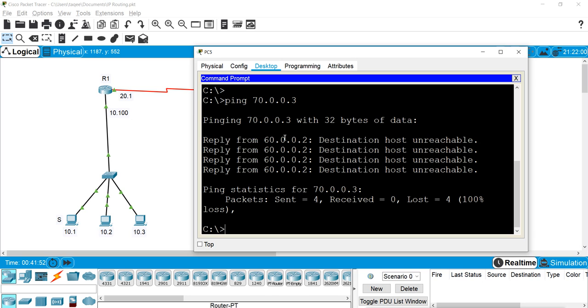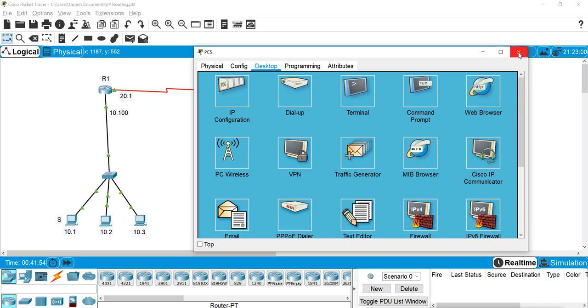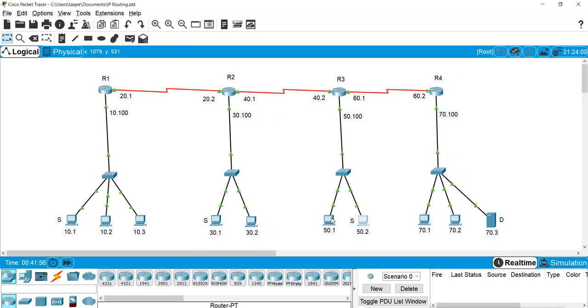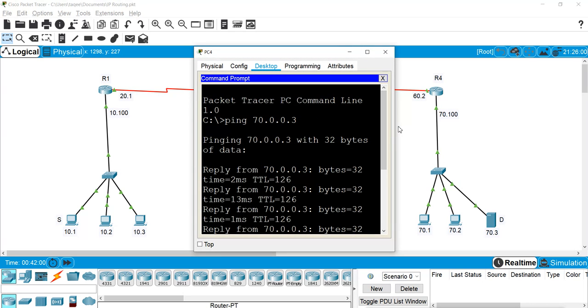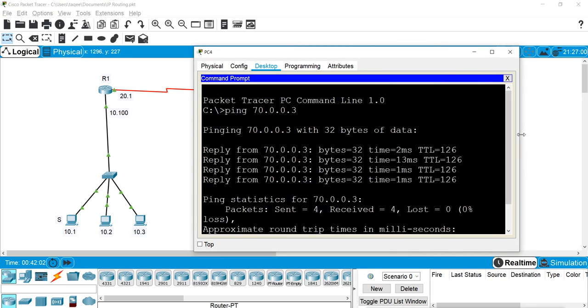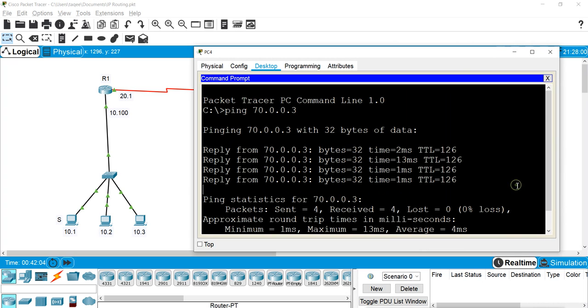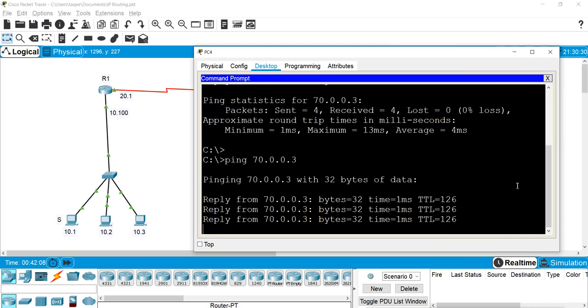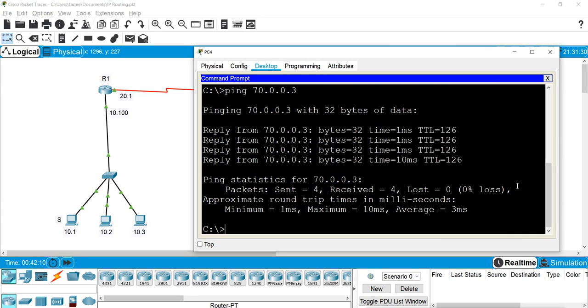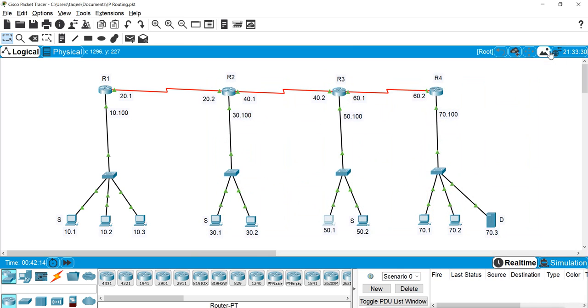This error is coming from the router. But the other host from the same network can go and is allowed because we allowed the whole network. We only denied 50.2. So this other machine, 50.1, can ping this. So this is how we create and apply the simple standard list.